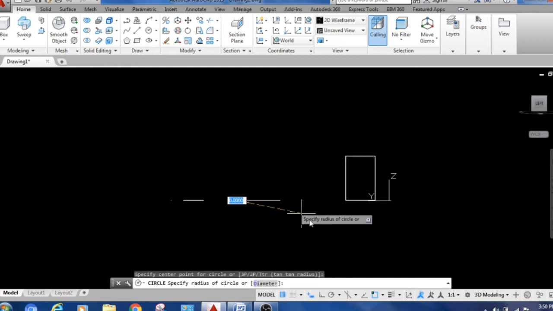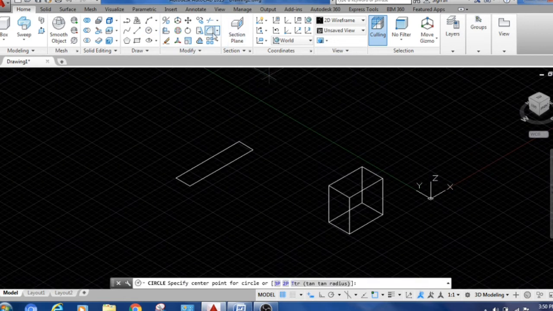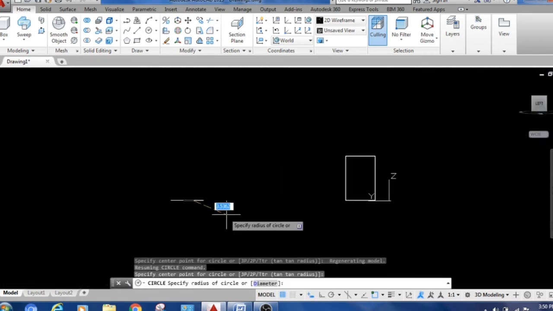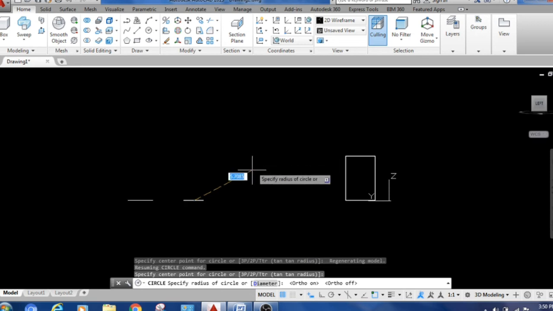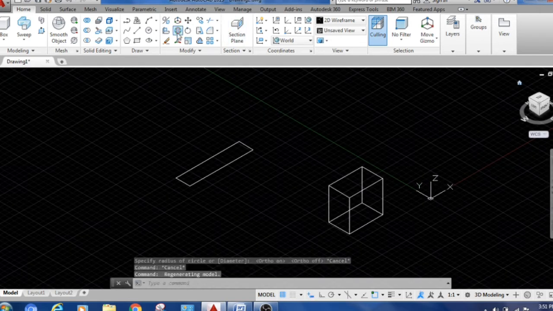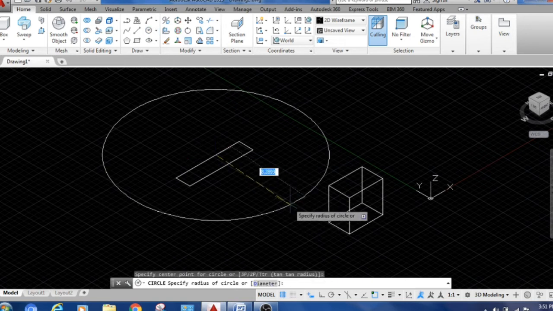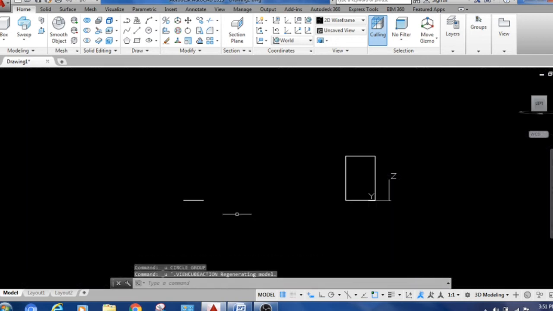So here I will just take one. So here we need one sketch and one guideline.